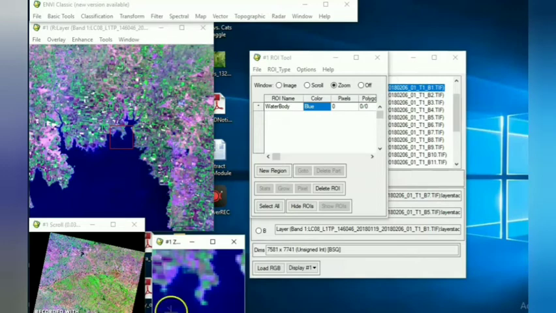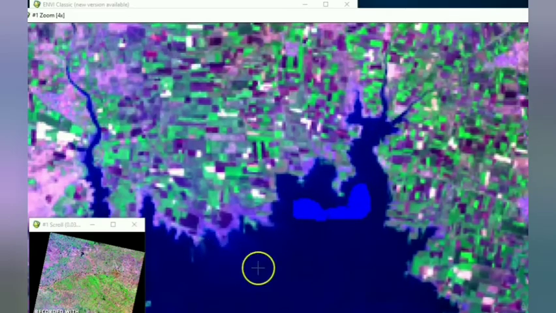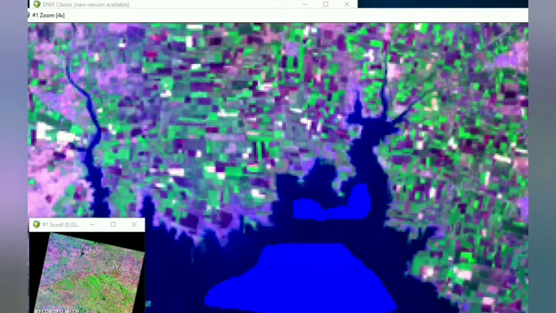Now select, zoom the window, select the region of interest.